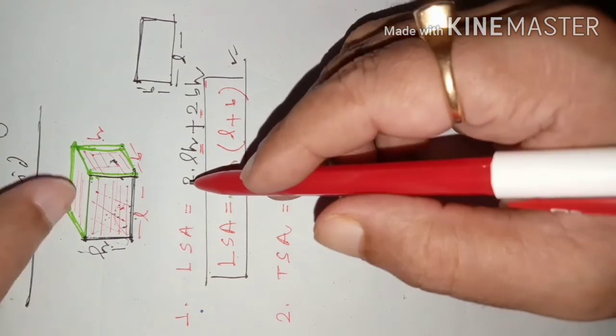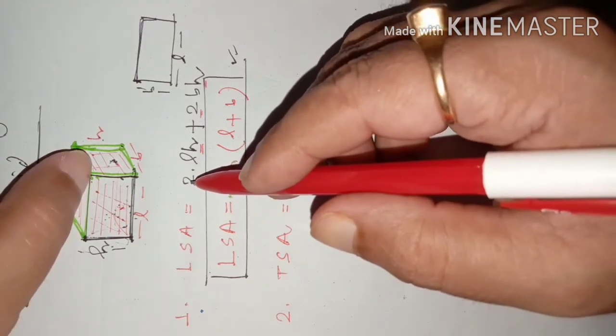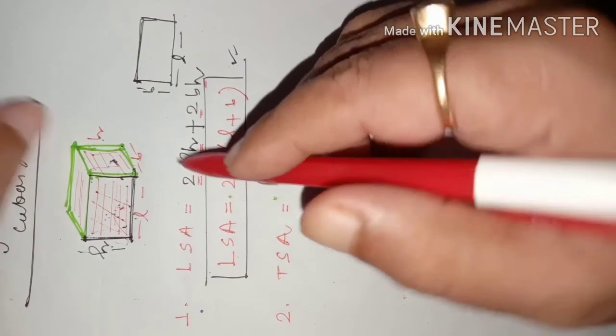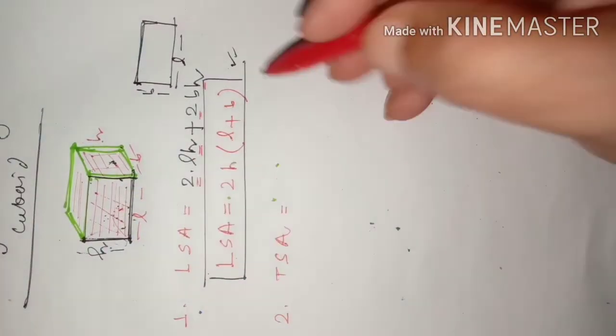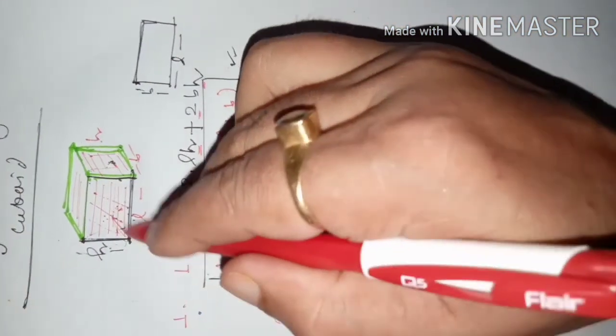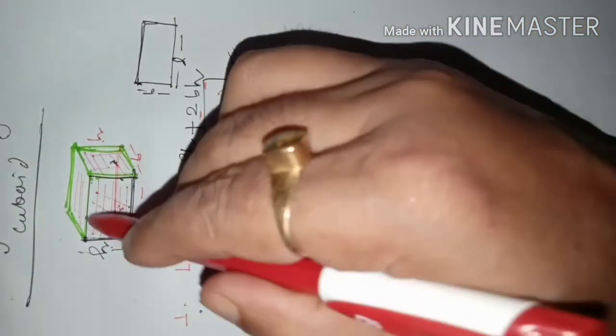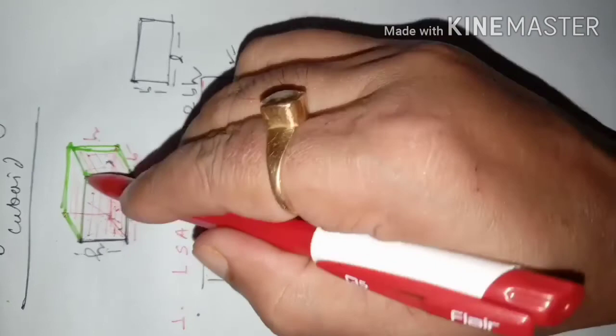So the ceiling's area is what? This side is the length of the ceiling, this is the breadth of the ceiling. As it is equal to the floor, the floor has got length and breadth. Are you understanding? The floor is having two dimensions, length and breadth. Then the ceiling also will have two dimensions, length and breadth. So this is length, this is breadth.